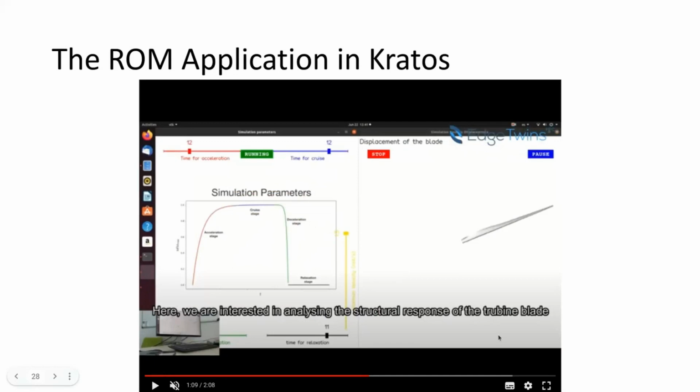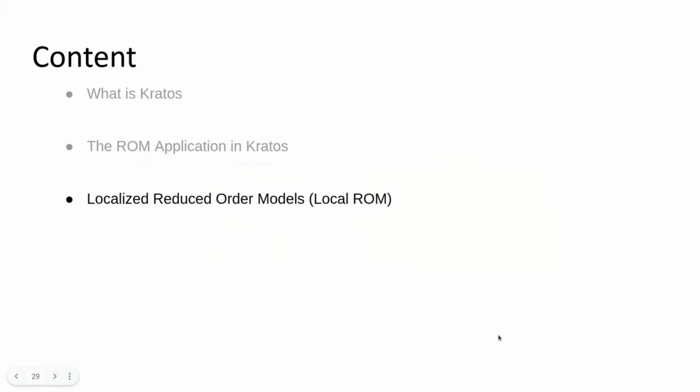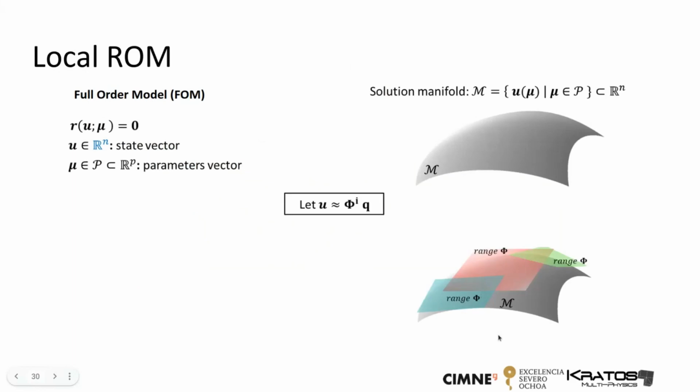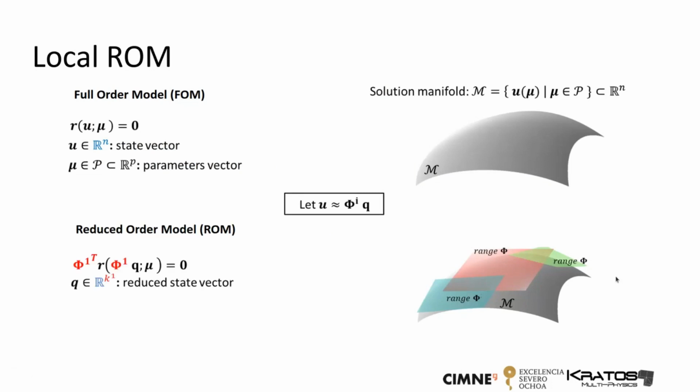Okay, that's very nice, but this is already standard or classical methods. What I wanted to do now is extend the method, in this case, to local reduced models. And what are local reduced models? Basically, rather than having one single subspace, I will have many subspaces. And accordingly, I will have to use the best one. So I will move in the solution manifold, and I will use the best subspace, either the green one or the blue one in this image.